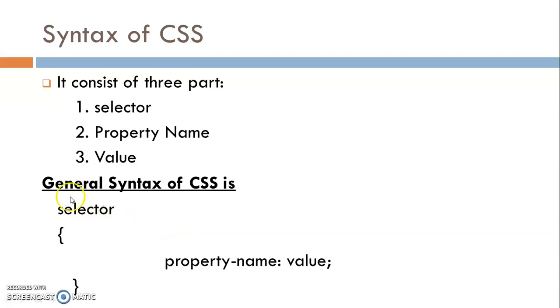Here selector is the name of HTML element such as paragraph means P, H1, H2, image, img, body tag, table, etc. Property name can be any valid CSS property such as margin, padding, background, font, etc. And value represents style that you want to assign to the property.